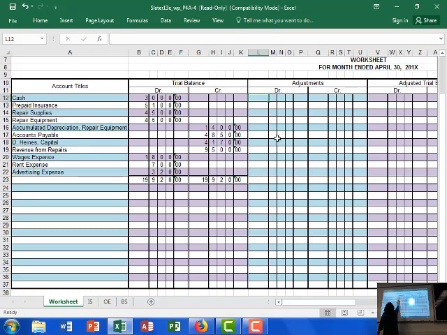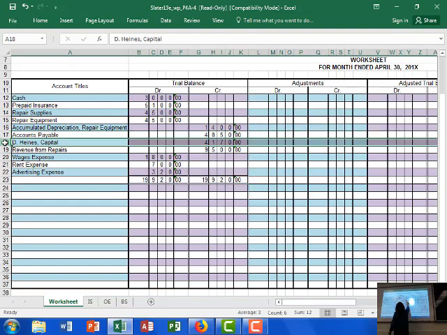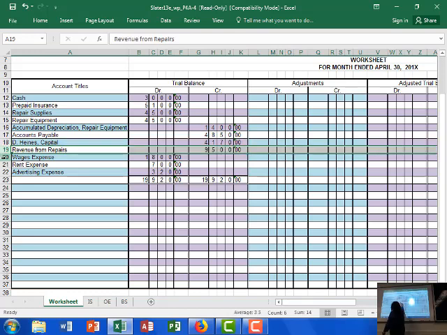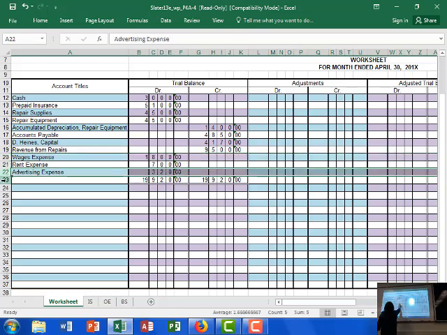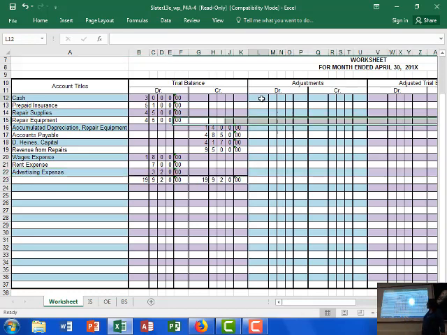Repair supplies, repair equipment. Notice this account already has your accumulated depreciation for the equipment already here, okay? Your historical amount, and you've already been putting in the totals for your equipment repair, so you're not asked to have to try to do that. You have your accounts payable, you have your capital, how much money you put in at the beginning, revenue from repairs, not doing bad, wages expense, rent expense, advertising expense as well. So he's got this right now. So his total balance should be what? We have it here,